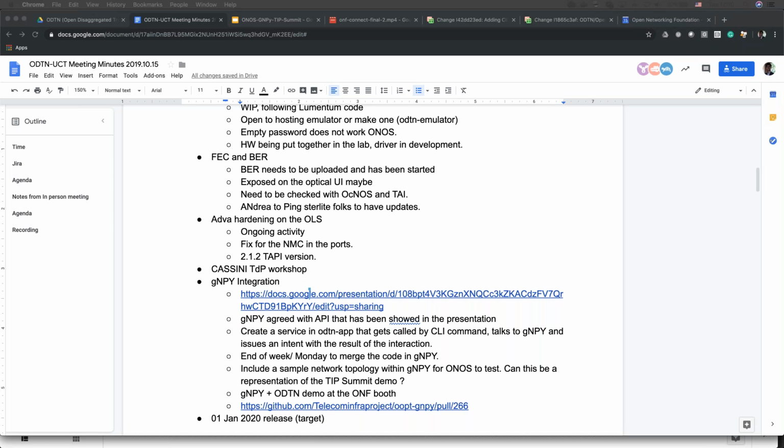Do we need to match any kind of deadline from your end? In terms of code? Yeah. Again, there is really no deadline. The closer we get to the demo, the less time we have to test the integration. So it's the usual, I guess. So the sooner the better in terms of code. But